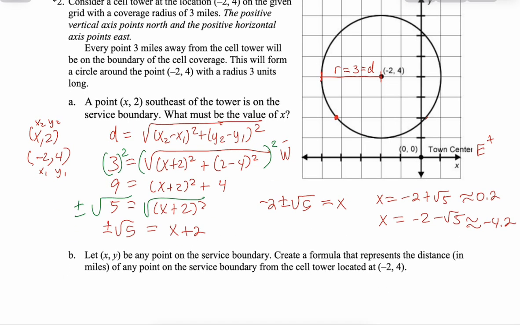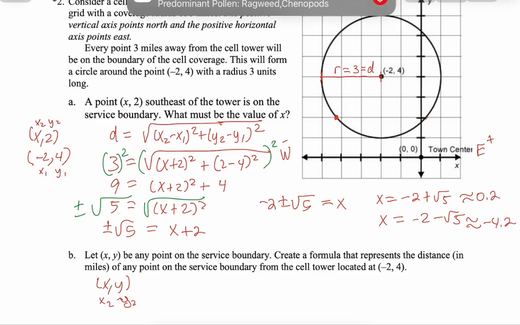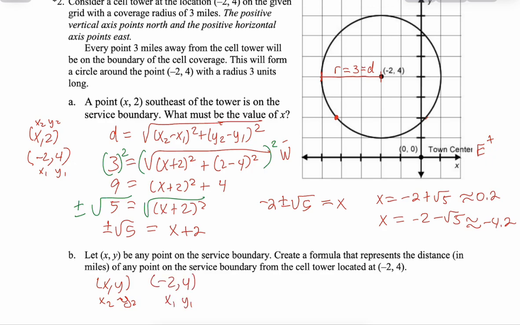It says if we are at any point on the surface boundary, so on that circle, create a formula that represents any point on the surface boundary if our cell tower is located at -2, 4. So all you got to do there is leave x, y as our positive one, so x2, y2. And then let's leave -2, 4 as our x1, y1. So we think of the center as our starting location. And then plop it in, and then we got it. So the answer is